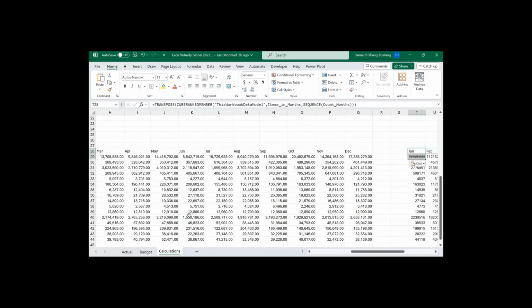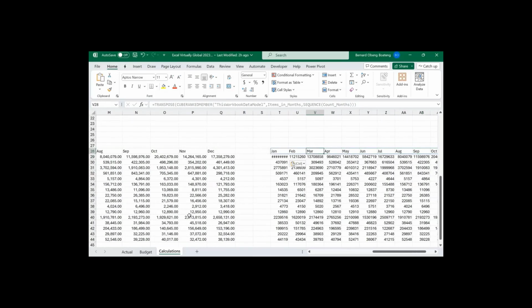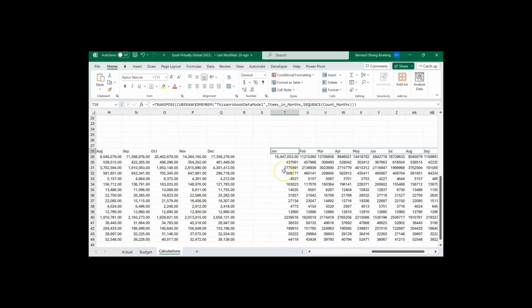Okay, and then paste it here. Right, so that's the good thing about dynamic arrays. You just deal with cells, not ranges, right? So I have this here. This will stay the same, and then for our